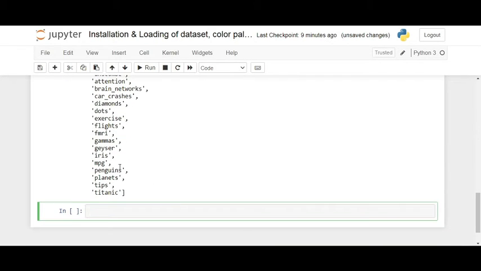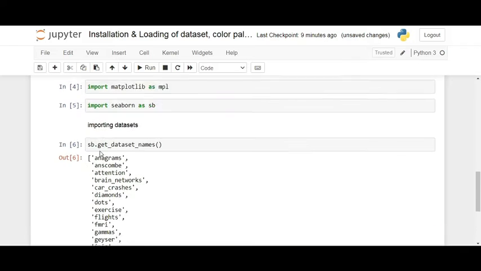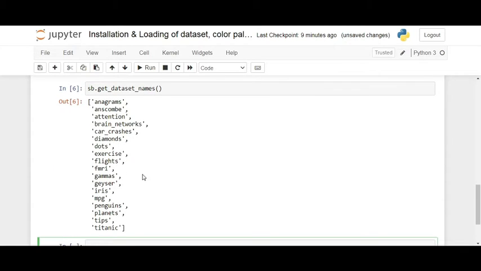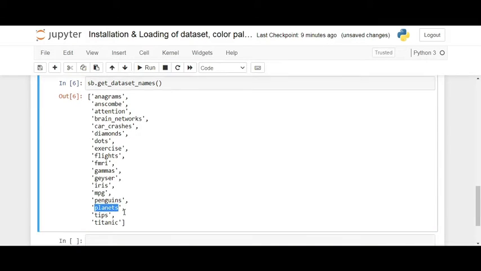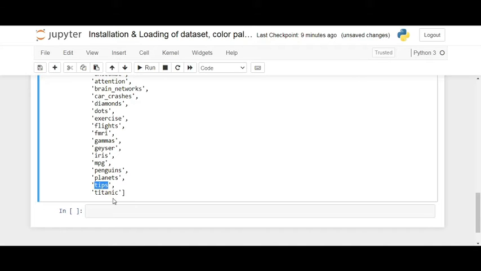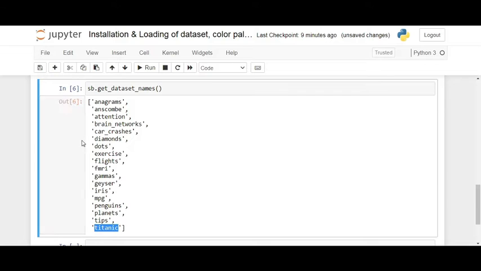So by default these types of datasets are available. We can use them for your learning process. For example, the car crashes data is there, then penguins data is available, planets is available, tips is available, Titanic is available. So likewise, this data is available.